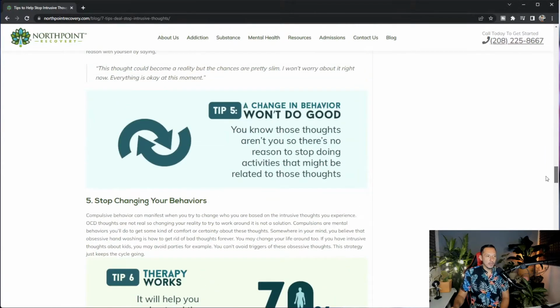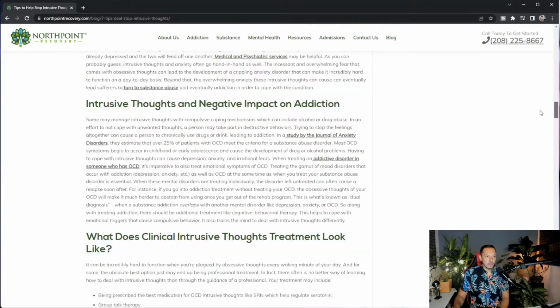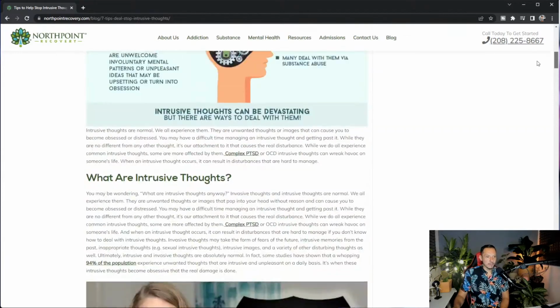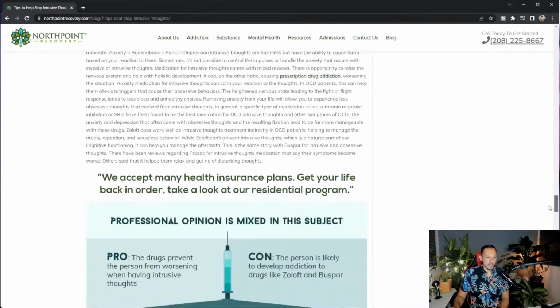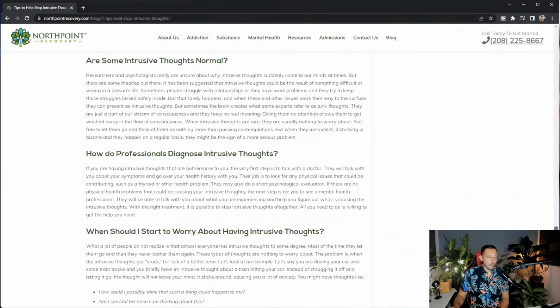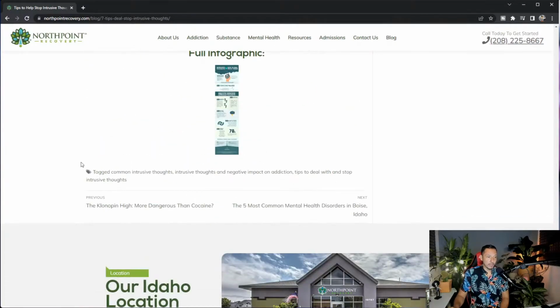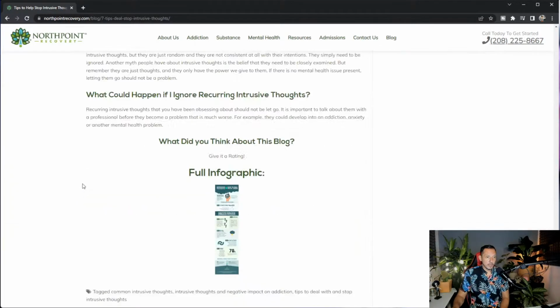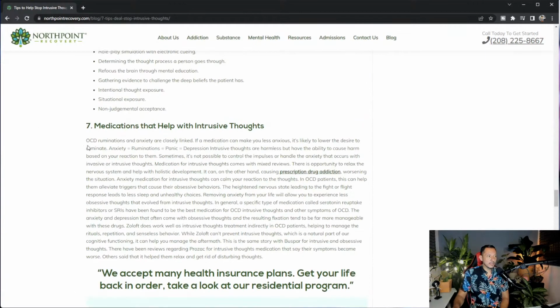So it's longer, but it's 7 points, and it has infographics in it. It has a video in it. Let's see, what else does it have that makes it stand out? Frequently asked questions, where we answer a bunch of questions, and then the full infographic at the bottom, and then the calls to action at the bottom. So this content piece,